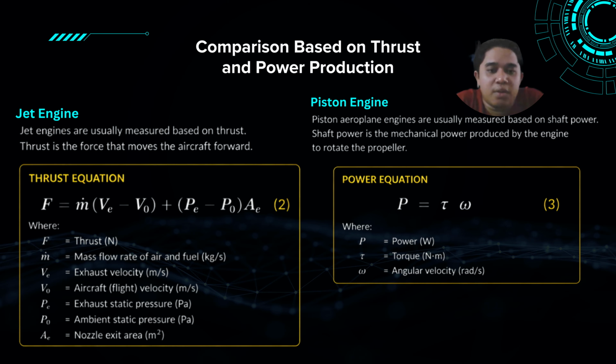Piston engines, or aeroplane engines, are usually measured based on shaft power. Shaft power is the mechanical power produced by the engine to rotate the propeller. The equation is P equals torque times